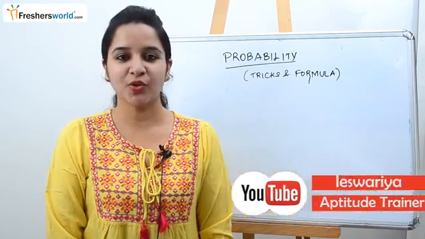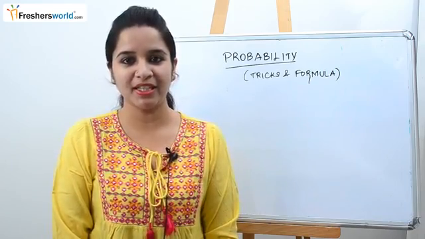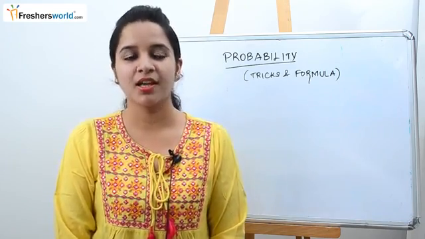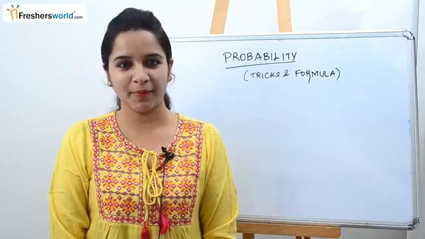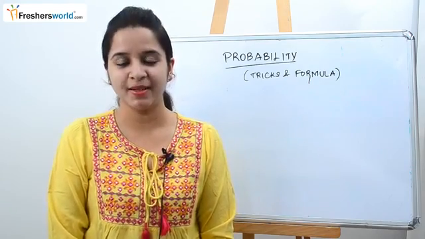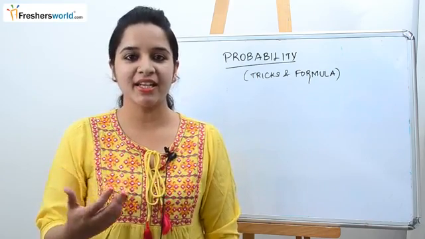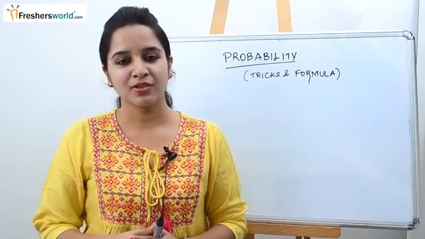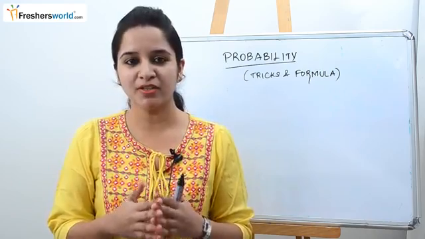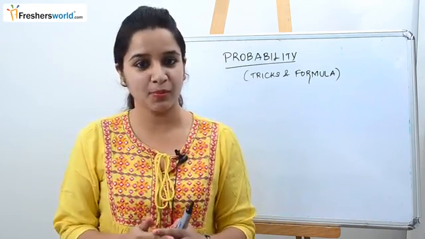Today, the topic that we are going to look into is probability, basic tricks and formulas. Before going in depth into the topic, we should know what probability is. The basic definition of probability is how likely an event is supposed to happen. The basic formula that one needs to know to solve the aptitude sums in probability is